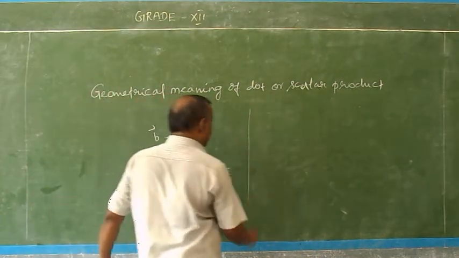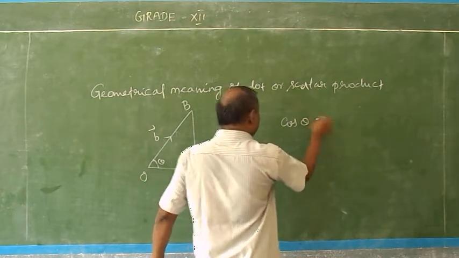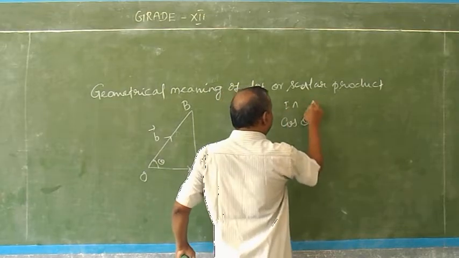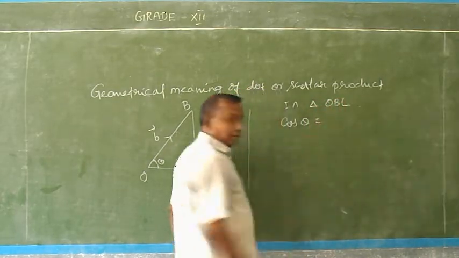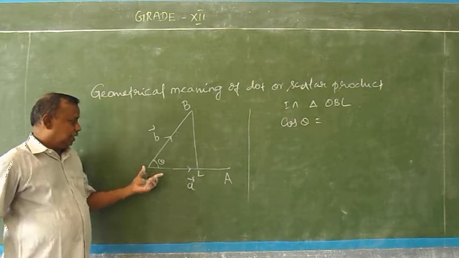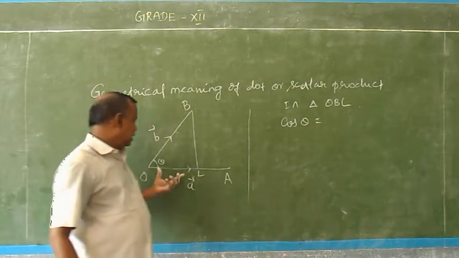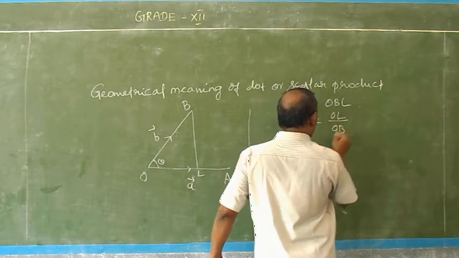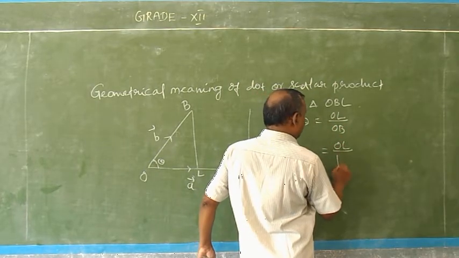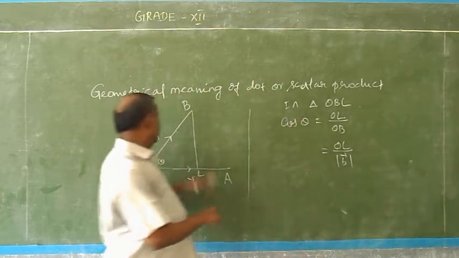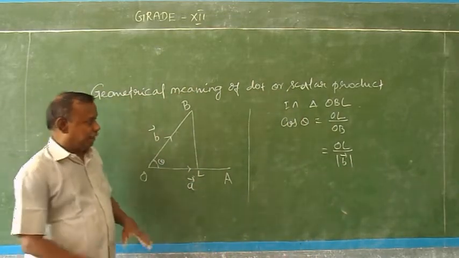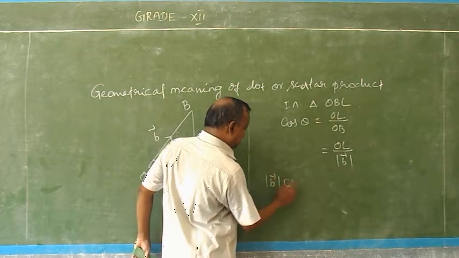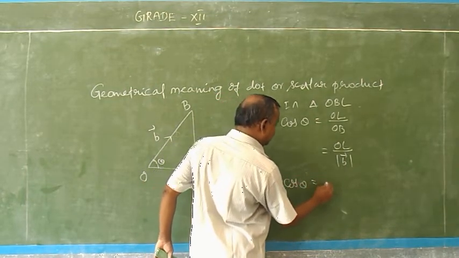Now, cos theta equal to, in triangle OBL, cos theta equal to adjacent side by hypotenuse, that is OL by OB, where OB equal to modulus of B vector. The magnitude of B vector is OB, modulus of B vector. Bring the B vector to this. This is modulus of B vector into cos theta equal to